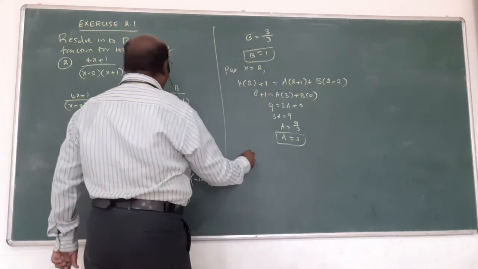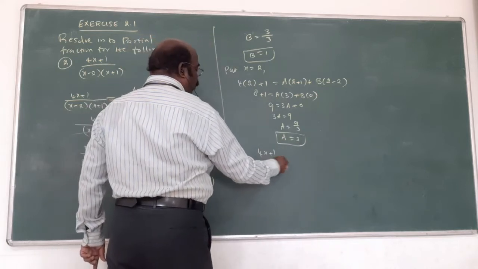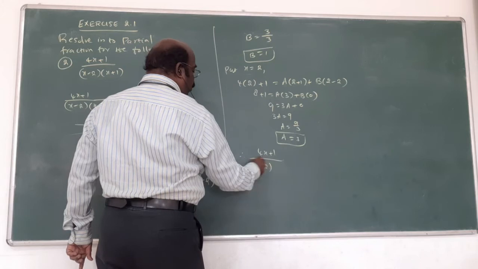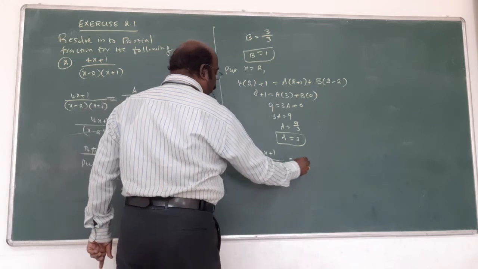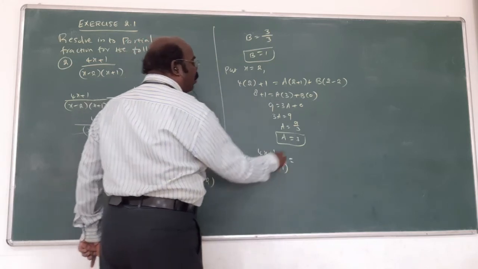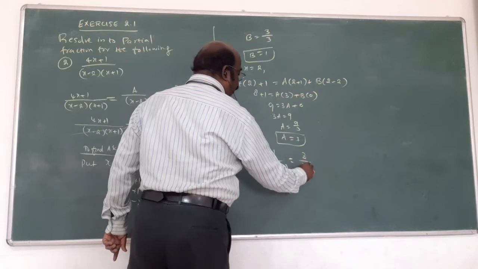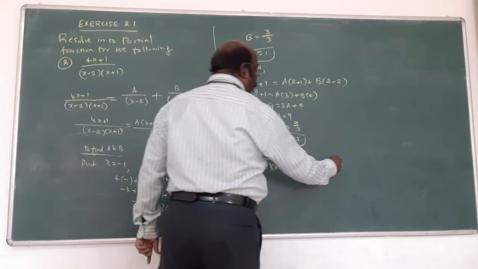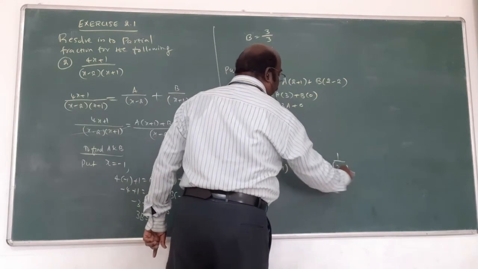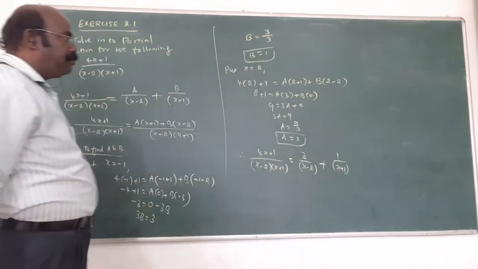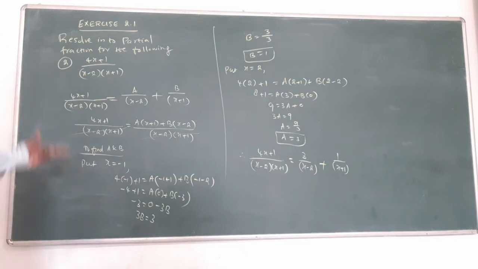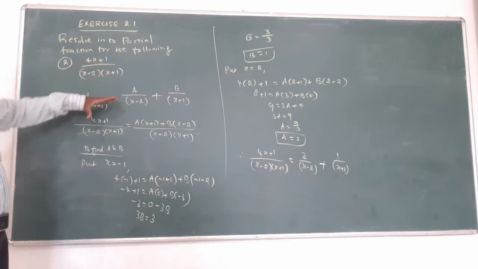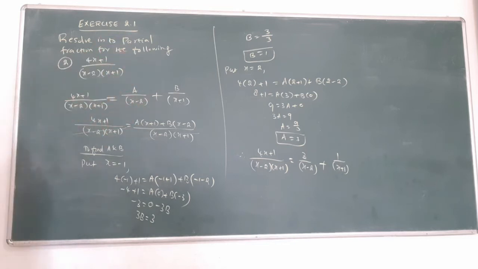Now write the question. What is the question? 4x plus 1 by x minus 2 plus 1 equal to a divided by first term, you know. A is 3. I will find out x minus 2 plus b by b is what? 1 by x plus 1. That's all, this is the answer. After finding a and b, once again replacing the element is important. That is the answer, a product of two linear quadrant. This is the idea. That's all.